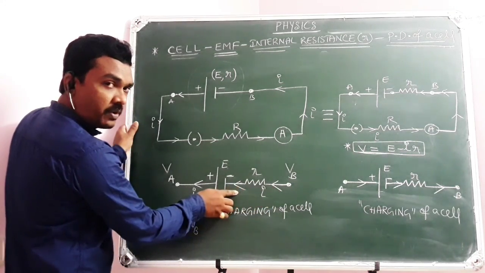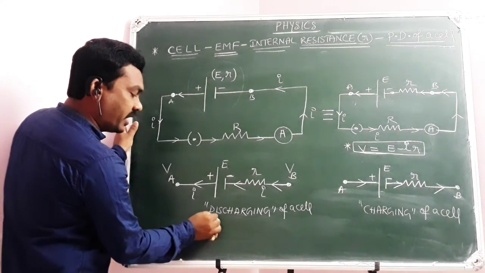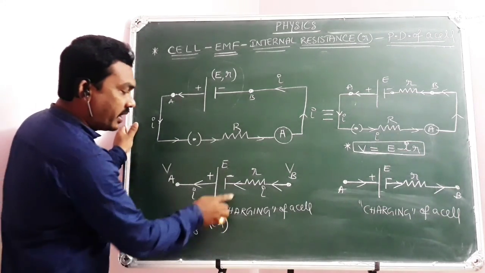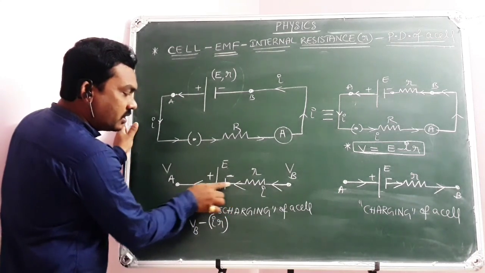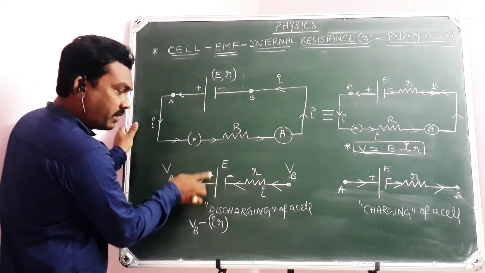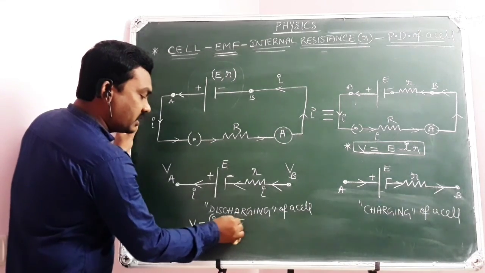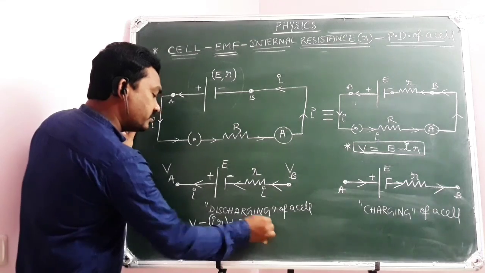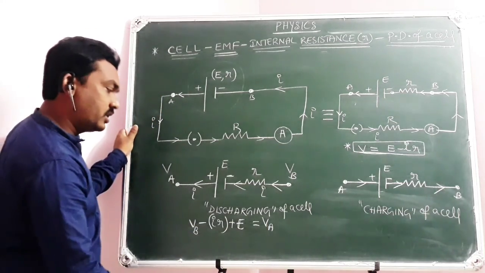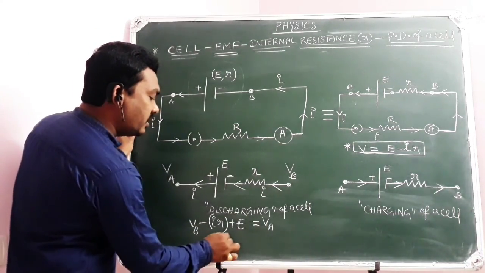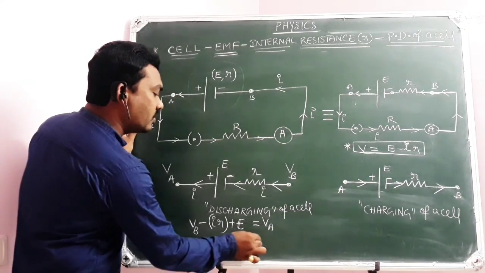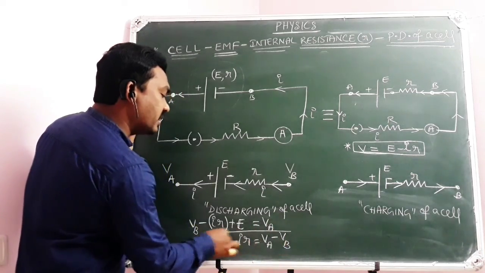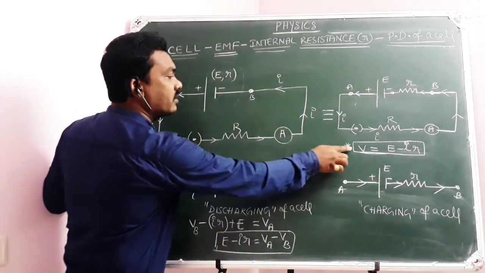Because you started at B and are moving in the direction of current, there is a potential drop across the resistor. How much potential drop? IR. You know, when there is a fall in potential, you have to use minus. Next, if you are moving from here to here, negative terminal to positive terminal, there is a rise in potential by how much? E. So for the rise, plus E will be equal to VA. Finally, what is left is VA. So now I can write E minus IR is equal to VA minus VB, which I have written here.